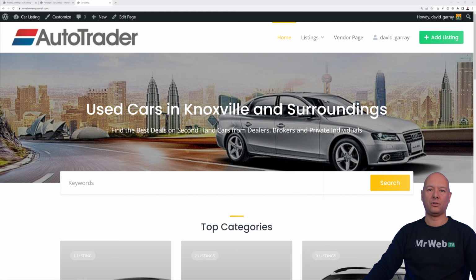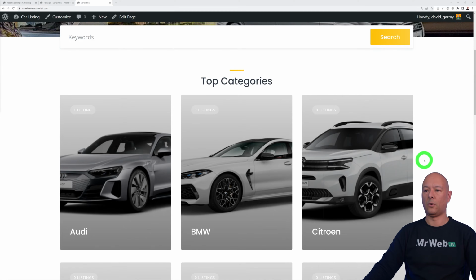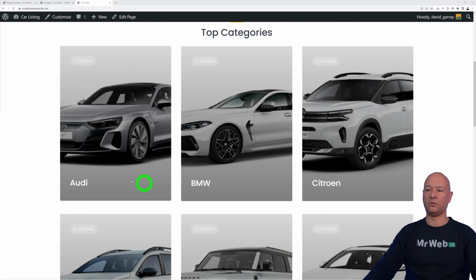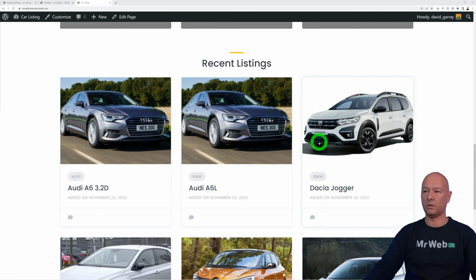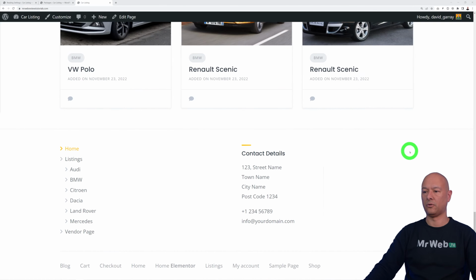Okay guys, so today I'm going to show you how you can build a car listing website completely for free, okay? And by the end of this tutorial, you'll end up with a beautiful website like this one here, with your logo on top, a hero section with your main heading and subheading. You have a search feature, obviously, you have all the main categories displayed here, so it could be Audi, BMW, and so on and so on. You have your most recent listings being displayed on the homepage immediately, and then we have a footer section as